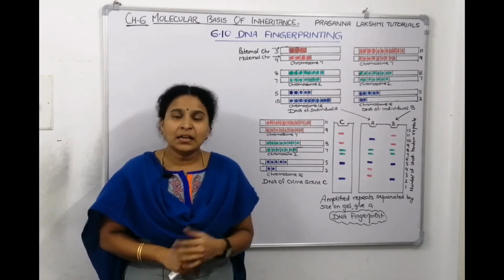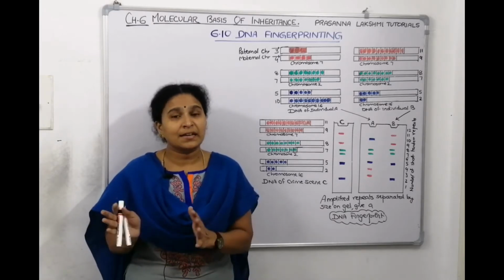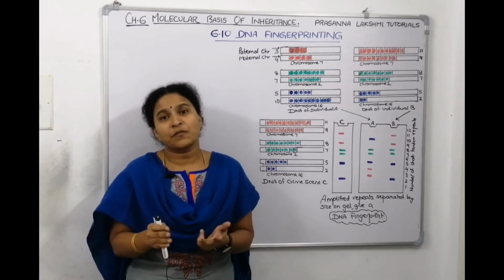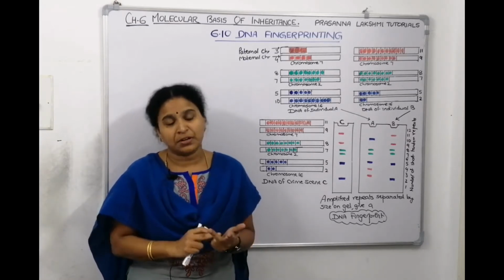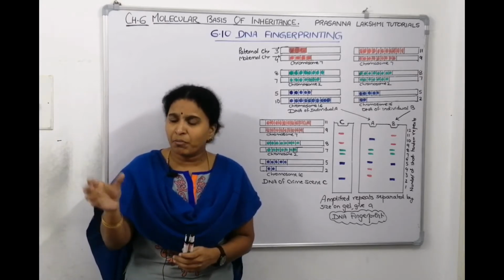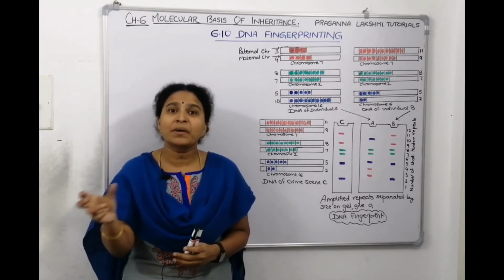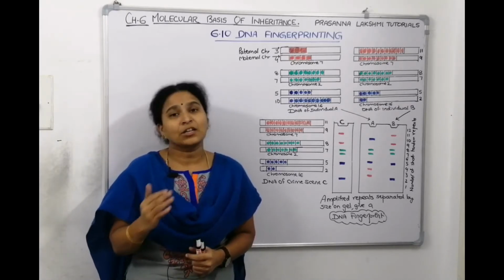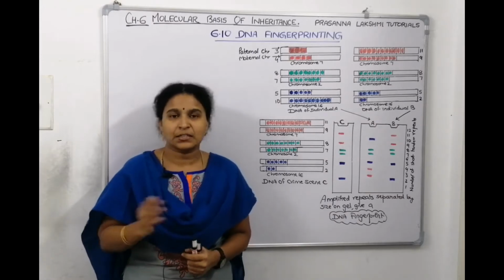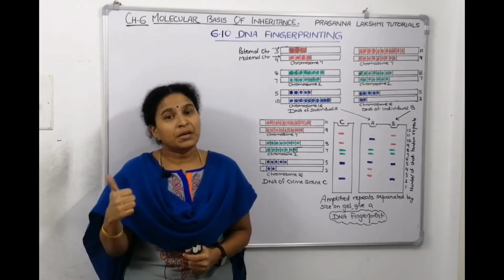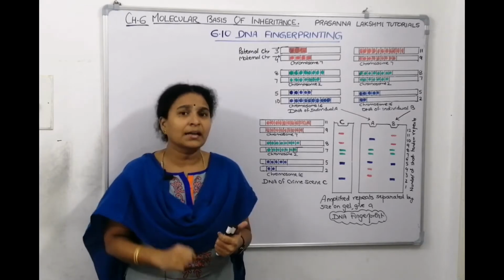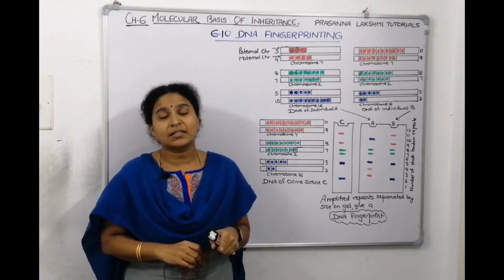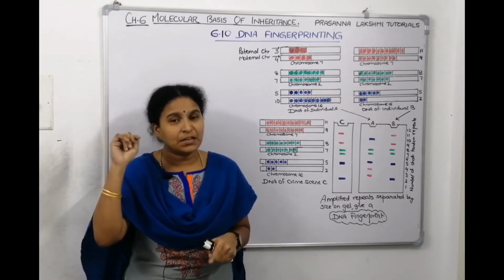Now, these satellite DNA, depending upon the base sequences, whether they are AT rich or GC rich, depending upon the number of nucleotides, whether they have 5 to 50 nucleotides or 10 to 60 nucleotides, and depending upon the number of repeats, whether they repeat 20,000 times or 5 to 50 times. On these differences, we have divided the satellite DNA into minisatellites and microsatellites. We told that minisatellites are used for DNA fingerprinting technology, whereas microsatellites are used for genetic mapping and DNA sequencing.